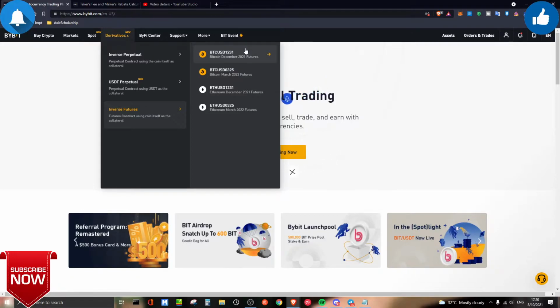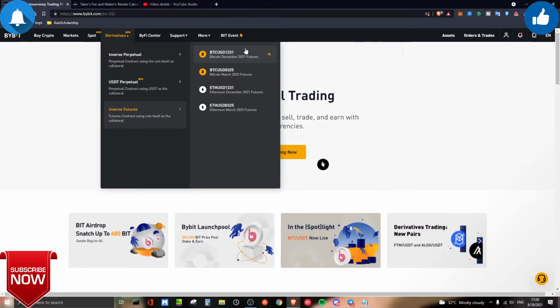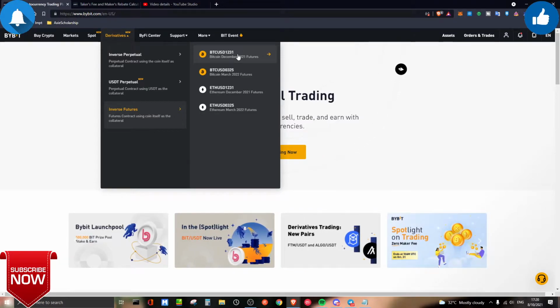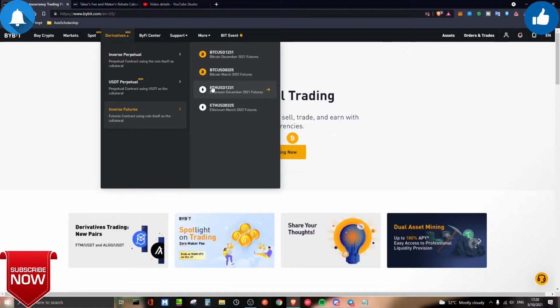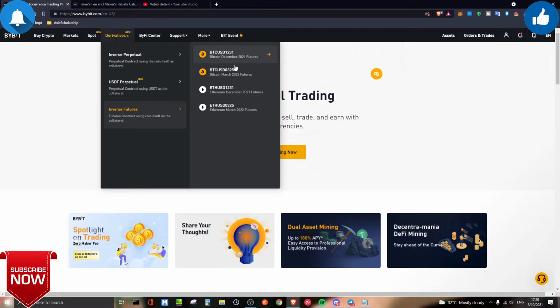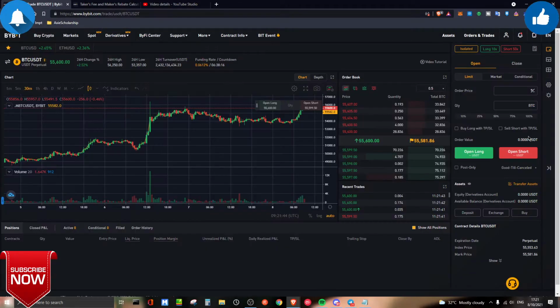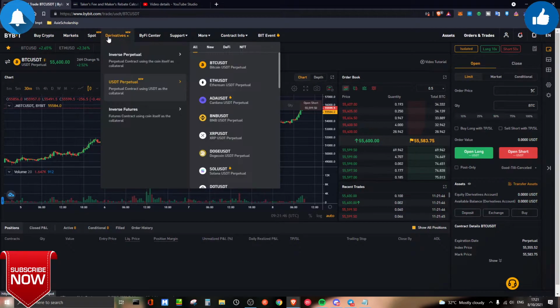Even those who are in losses or wins, your position is going to be marked out, and from there it's going to clear the contract, and you will gain or lose whatever it is as your position. So the collateral and the settlement are using whatever coin you choose. And right now we're going to jump into what inverse futures is. So without further ado, I'm going to use the inverse perpetual contract over here, Bitcoin,